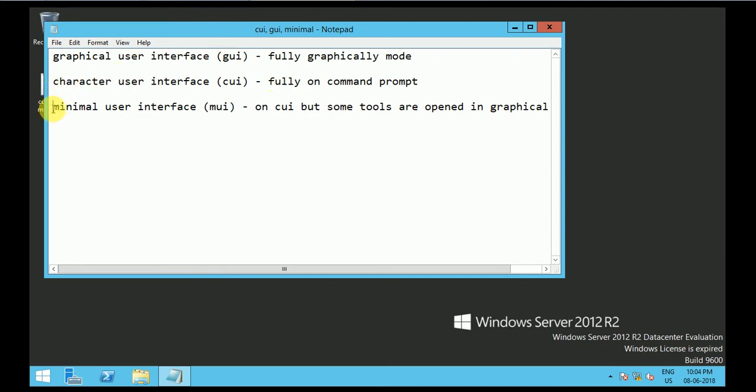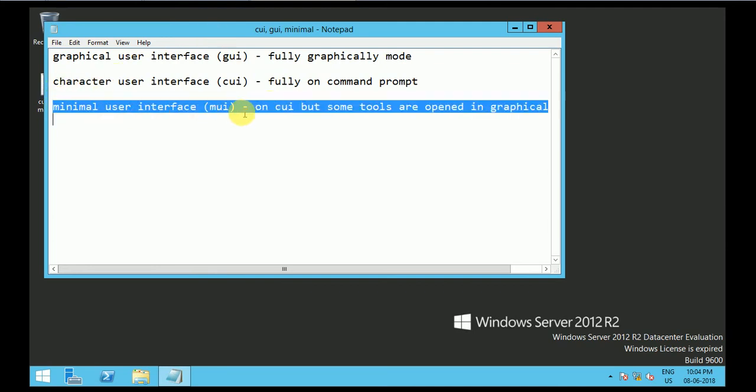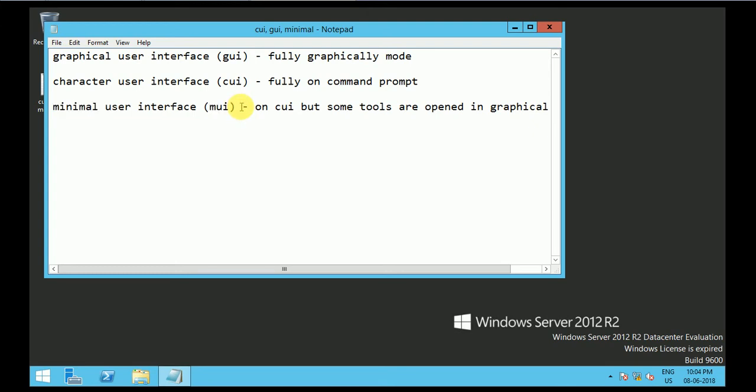Then third one is minimal user interface. In this interface you are on a command prompt, but some of the tools like server manager and Microsoft management consoles are open in a graphical mode. Alright, so